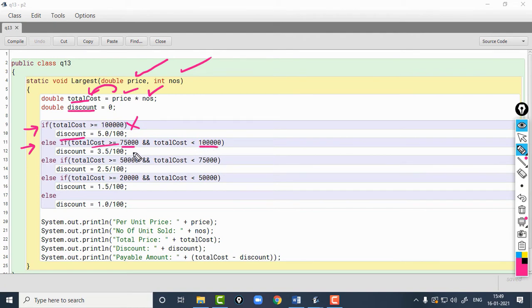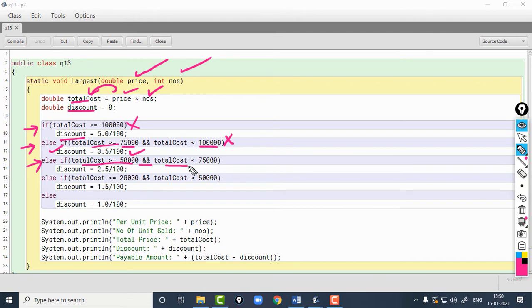So if this is the case, I am assigning 3.5% into discount, and if this condition is also false, then the control will come to the next else if, which will check if the total cost is greater or equal to 50,000 and total cost is less than 75,000.